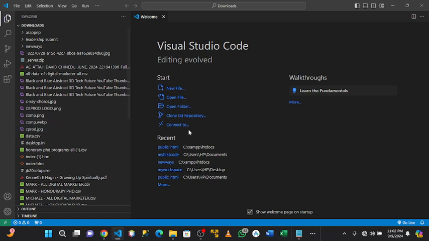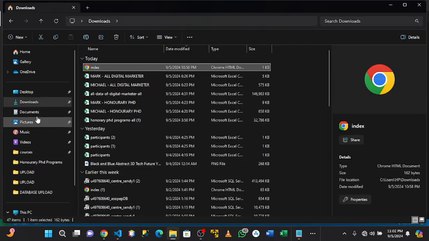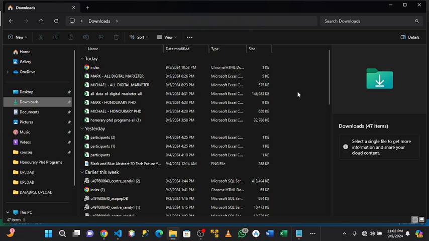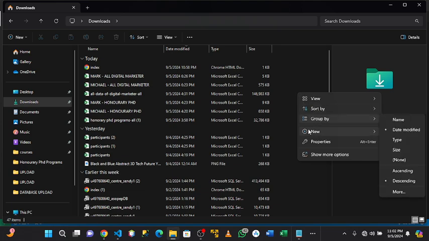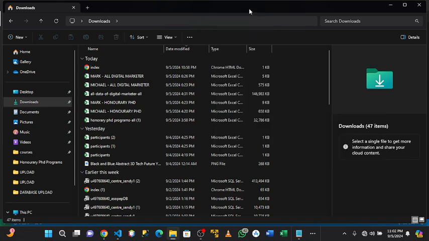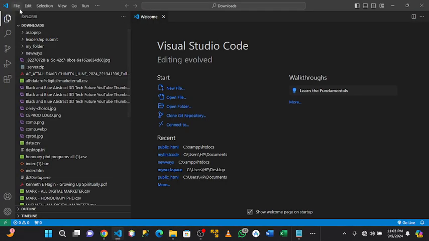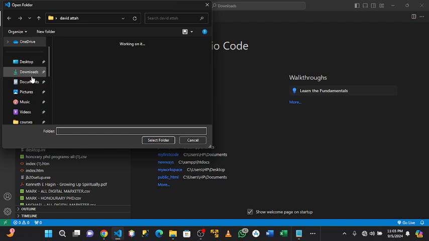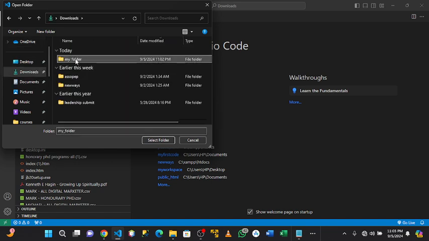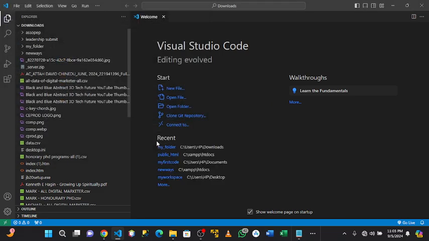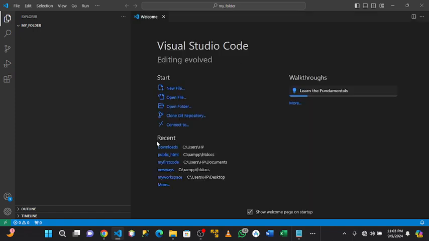with that, let's go back to our downloads. Let's go to downloads, create a folder. Okay, create a folder. So you can call it my folder. And so you go to your Visual Studio Code, click on File, Open Folder, and you go to Downloads, click on My Folder, alright, and then you select your folder. And so once you have done that,